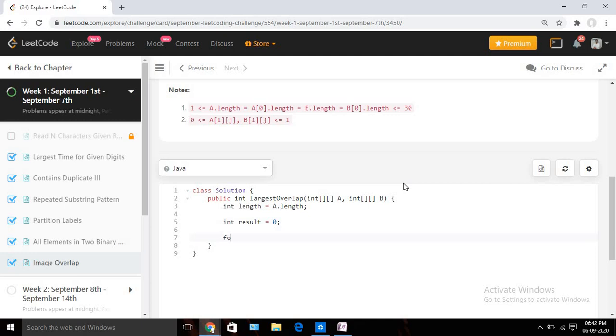Now I will run one for loop, and it will start from, let us name it row offset, something like that, and it will start from minus length, right? Why minus length? Because we need to consider extreme left and extreme up also, right? Since we can move in 4 directions, it should be minus length, and it will run till row offset is less than the actual length, right?